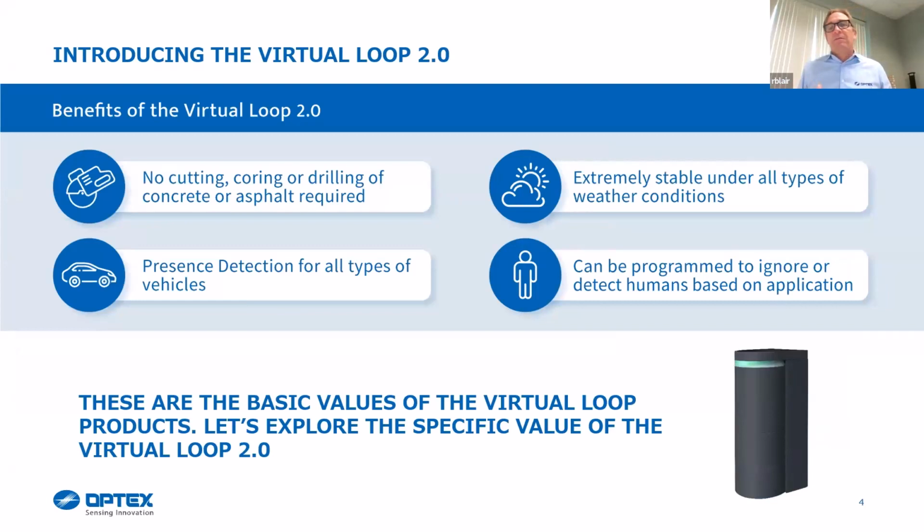The basic function or value of an above ground loop is: one, no cutting or coring or drilling of the concrete or asphalt is required. It gives reliable presence detection for all types of vehicles. It's extremely stable under all types of weather conditions and can be programmed in most applications to ignore humans, but